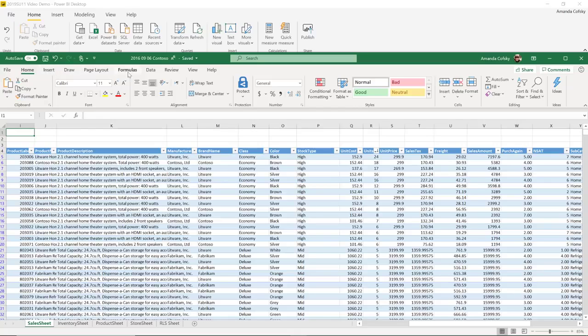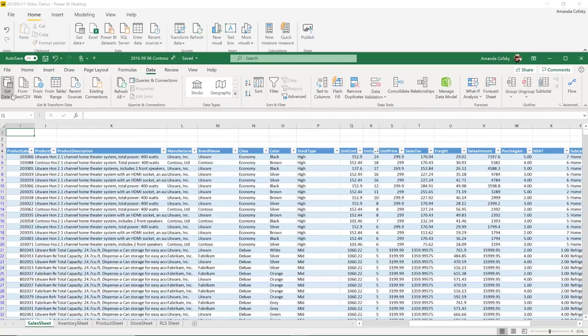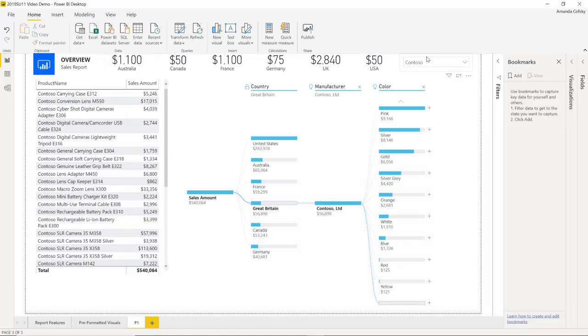So for example, if I go to the Data tab, you'll see that the Get Data option in Excel has the same icon and general look as the Get Data button in Power BI now. So while it's a new and improved look and feel for Power BI Desktop, if you are already using any of the Office products, it shouldn't feel that new to you. It should feel very familiar and help you get started even quicker, because a lot of the times the buttons that we have in different tabs are in the same place that you would expect to see them from, say,